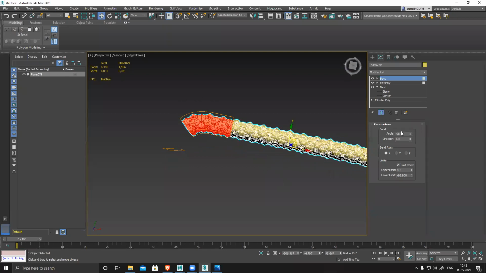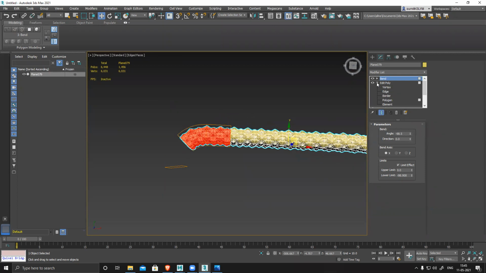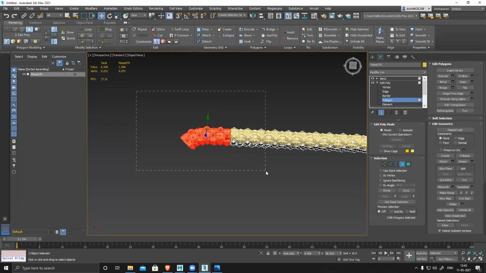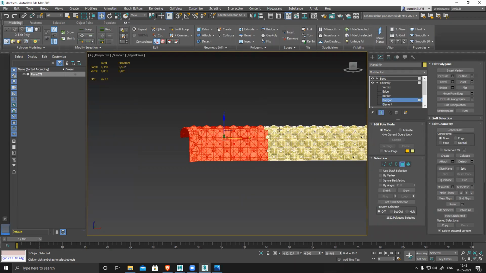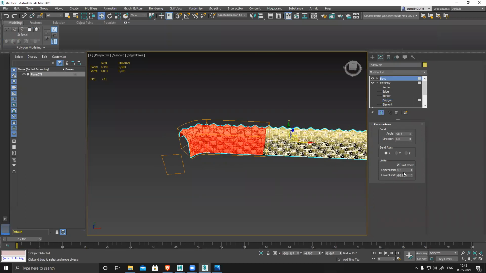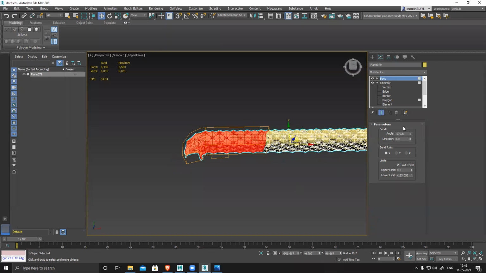Like with this also I can bend, but I feel it should work perfectly. I selected fewer polygons, I believe. Hmm. Select. Bend it. Okay.